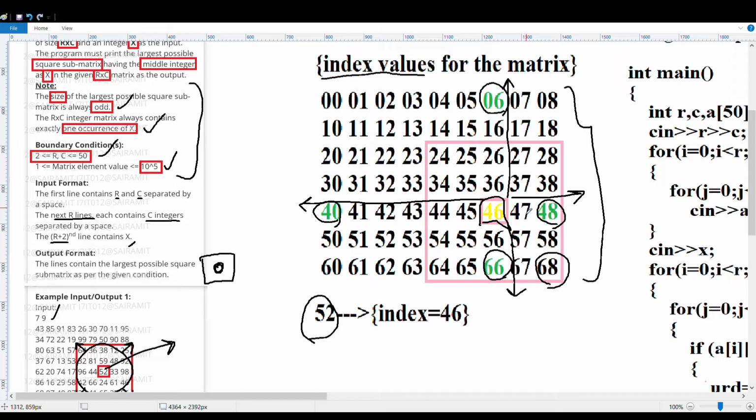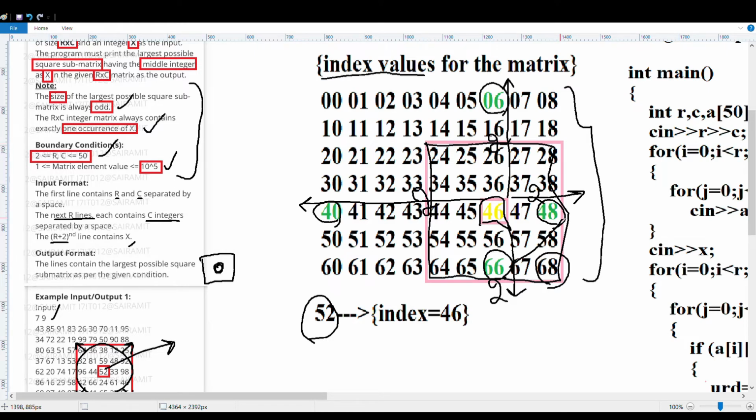Now see which is the minimum of all these distances. Obviously this one and this one, and they are equal. If they are not equal, take the minimum. Just assume it is 48, so from here it is 2, right? From here also you take two values, from here also you take two values, and from here also you take two values. So you get a rough square, right? Exactly, this is the required algorithm for the program.